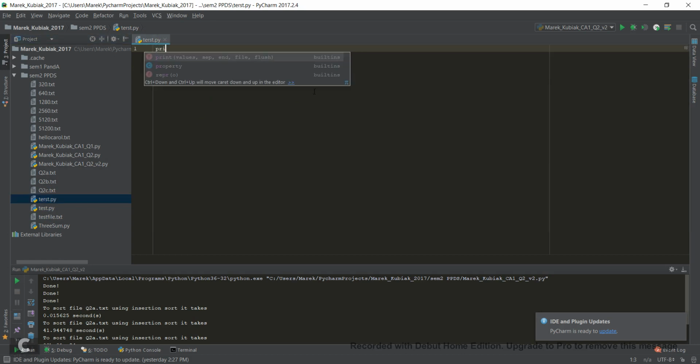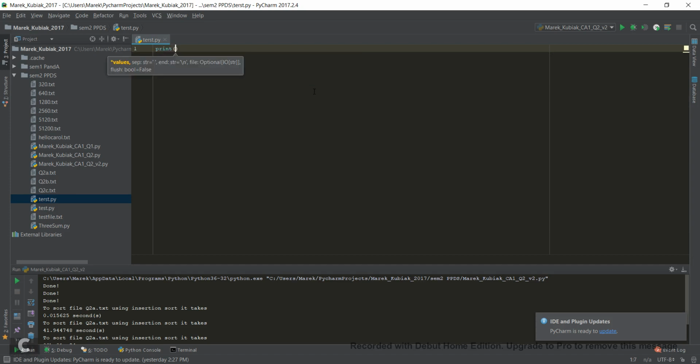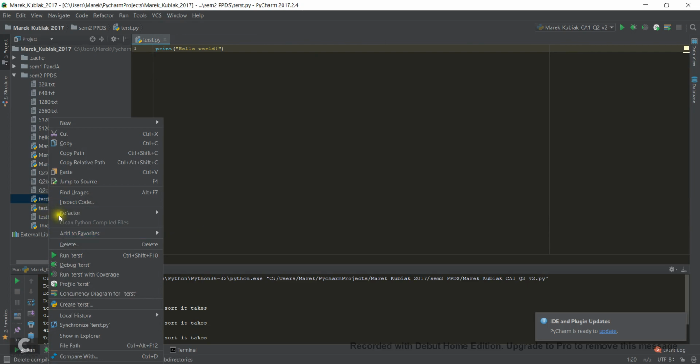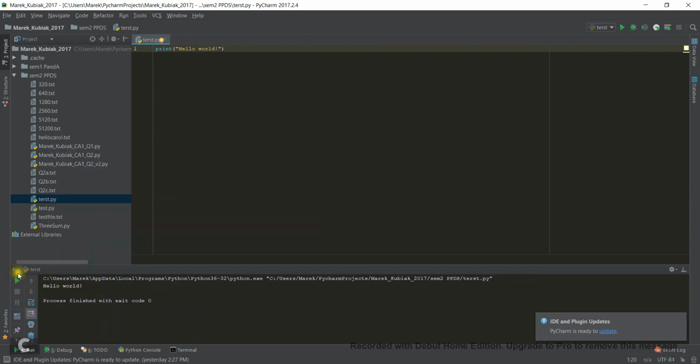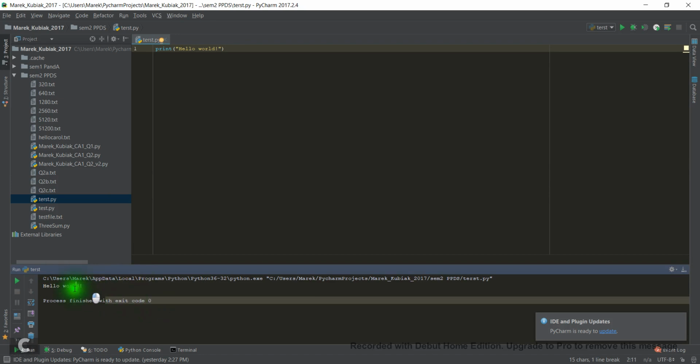So if you do print, and that's the tricky stuff, I use brackets now, and then quotation marks and write hello world. Then I right click on my test and press run test, and you'll see on the bottom here, that's like a console, what my program did. Basically in this case it just said hello world,